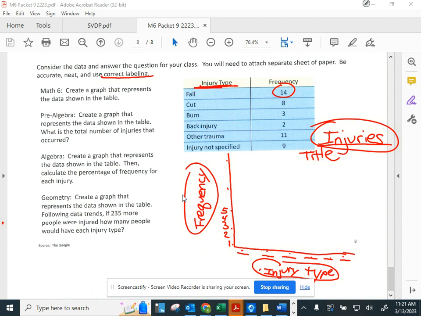Make sense? Yes. All right. So with that, have fun with your math packet. If you continue having questions,